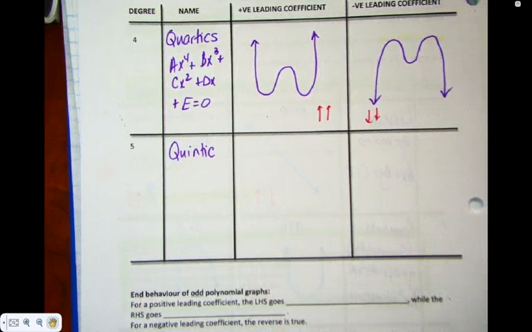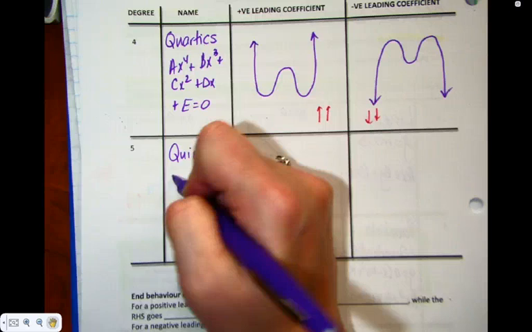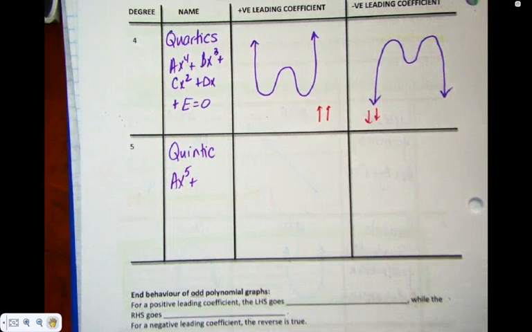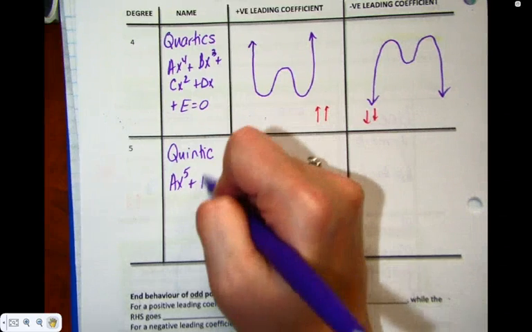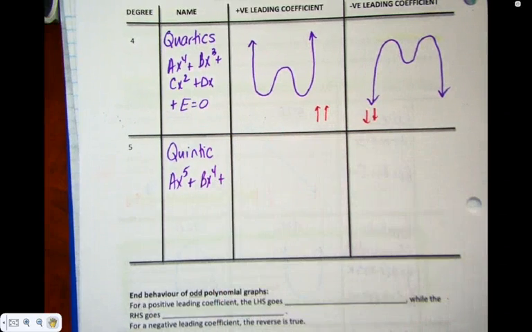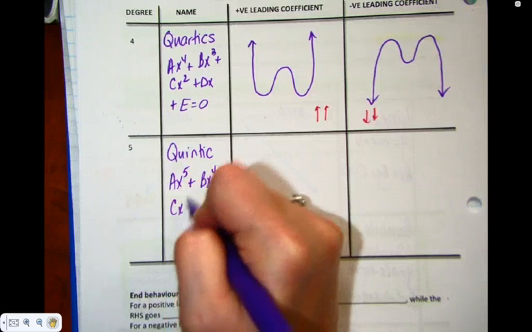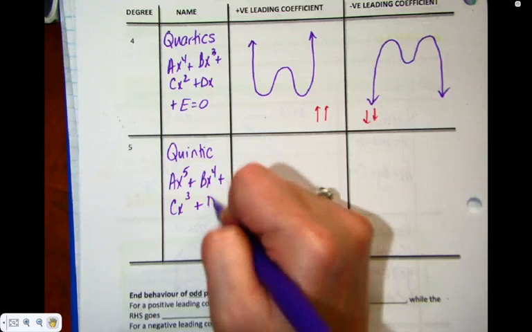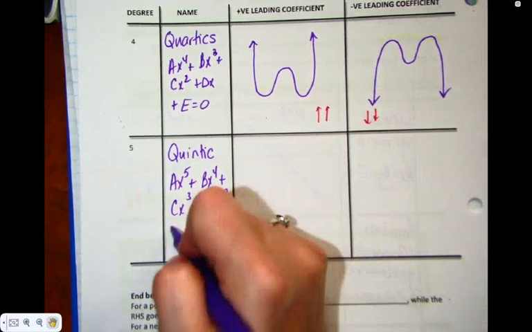Quintic also has a general form. I know you'll be shocked by the pattern here. It's ax to the 5 plus, want to take a guess? Bx to the 4 plus cx to the 3 plus dx squared plus